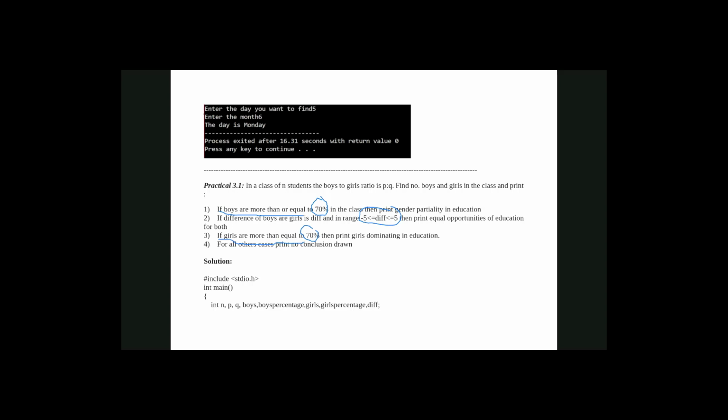So how many ifs do we use, because if is used to define conditions? How many if will we use in this program? Three, because there are three conditions.